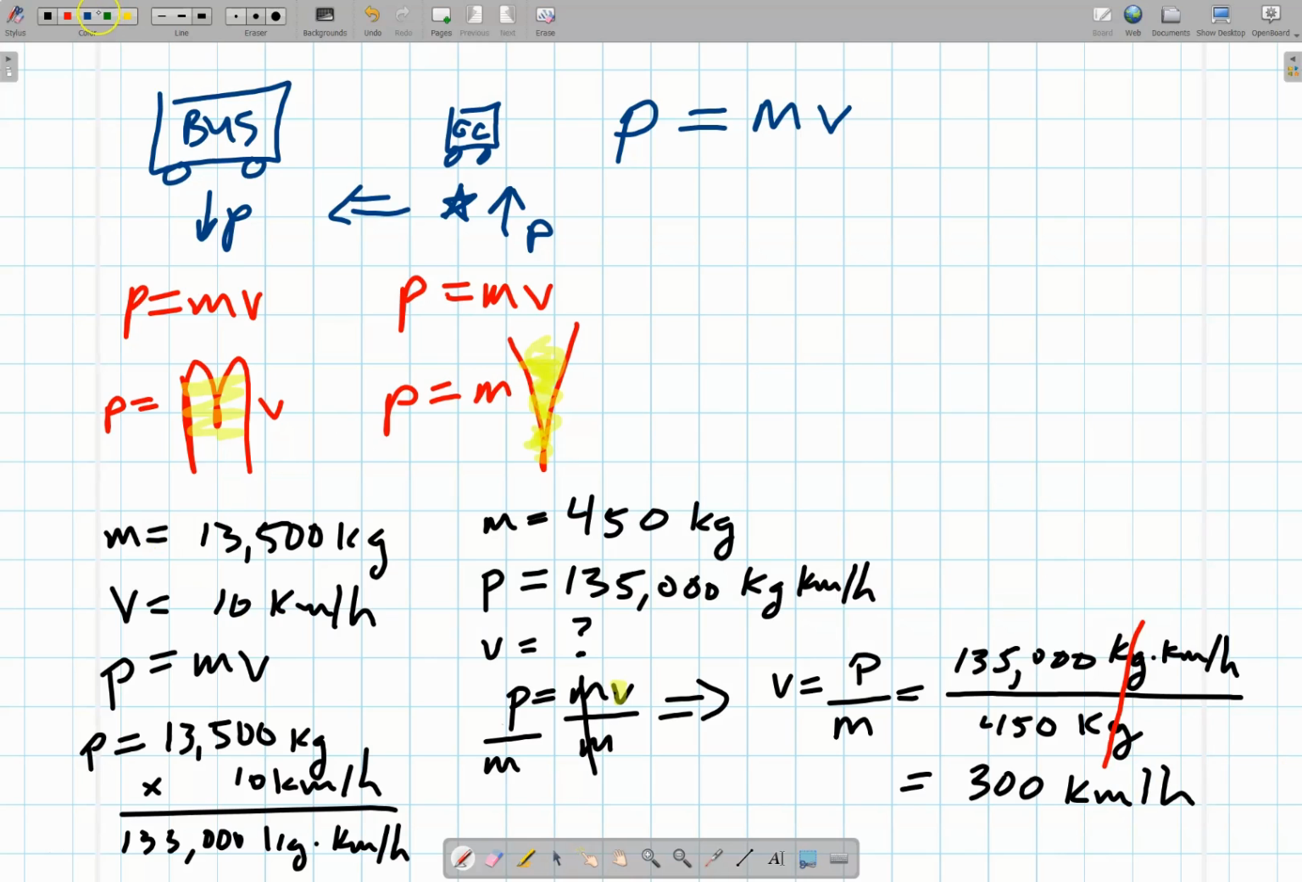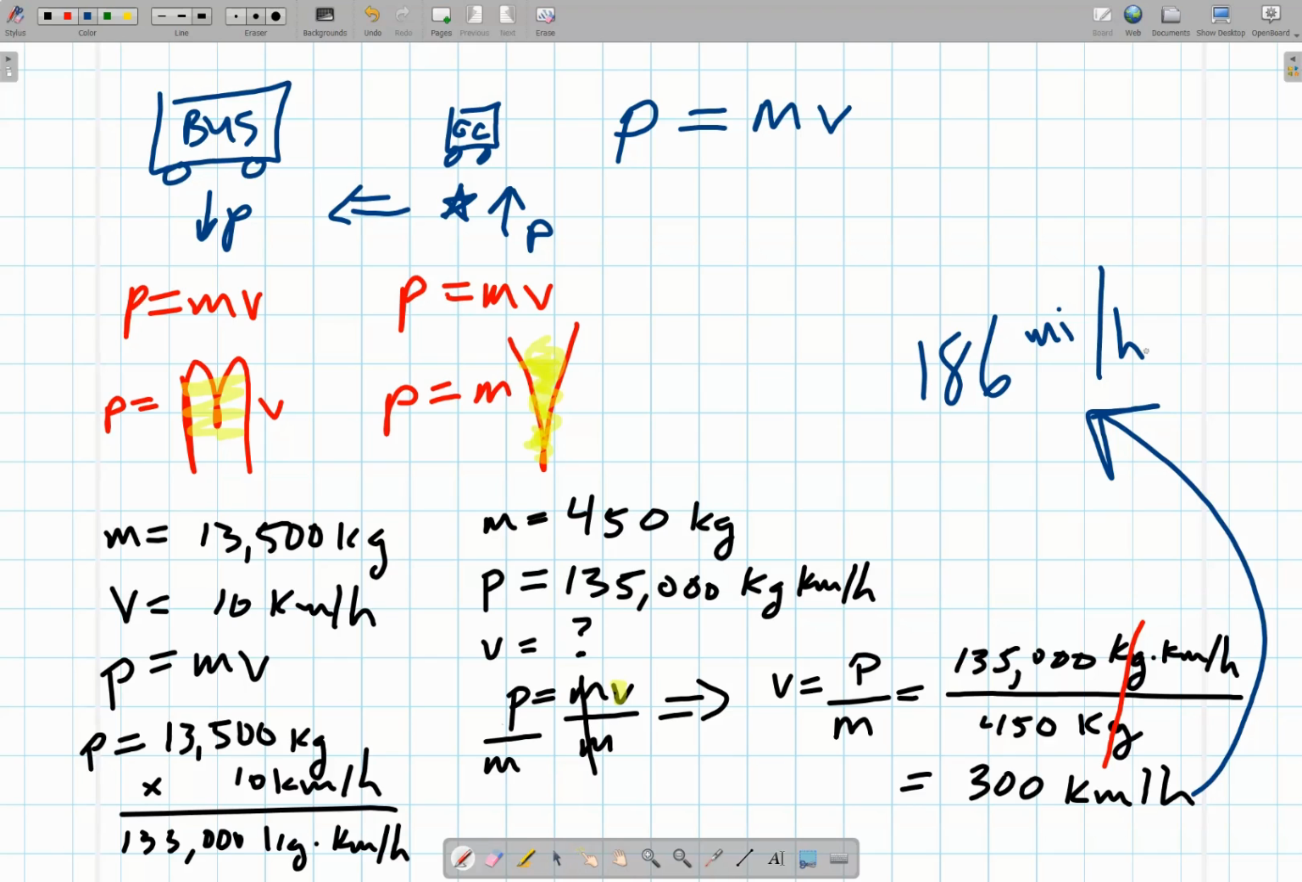Now, I very rarely point out the comparisons in non-metric, just to reinforce the concept that we use metric, but I think we should appreciate just how fast 300 kilometers per hour is. In non-metric, something you're much more familiar with in terms of driving, this 300 kilometers per hour is about 186 miles per hour. So in order to have the cart have the same momentum as a very slow-moving bus, this cart is traveling at over